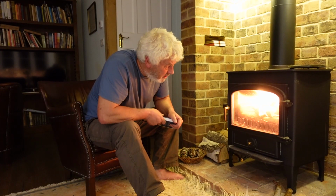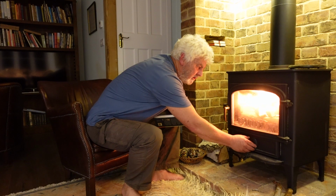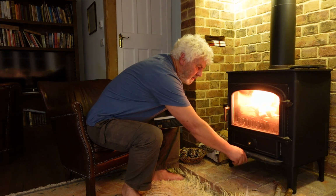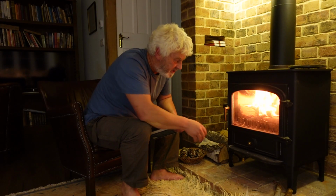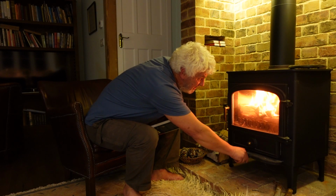We are about 12 minutes since I lit it. It's going well, so I'll turn the air down a bit now. It still needs plenty of air, but it doesn't need to absolutely gush. I mean, I have a real fire now, and I want to manage it so it lasts me all evening. There are all the advantages, all the environmental advantages, oops, that's too much,